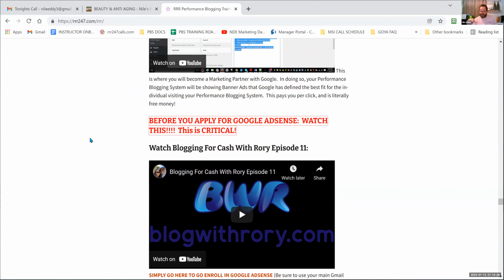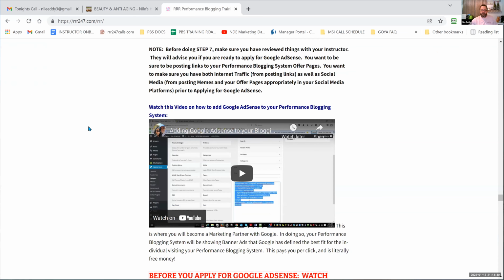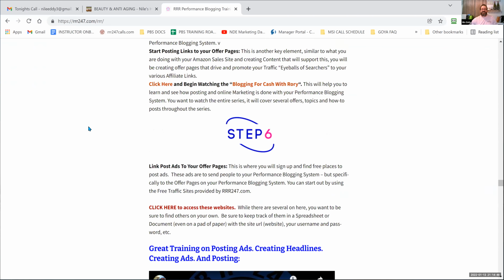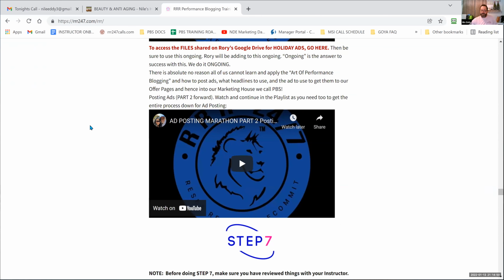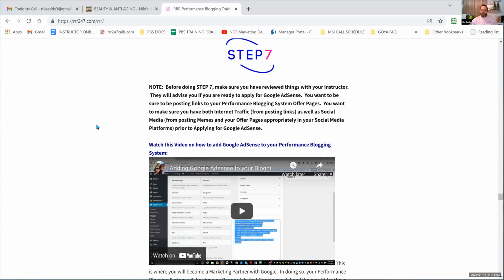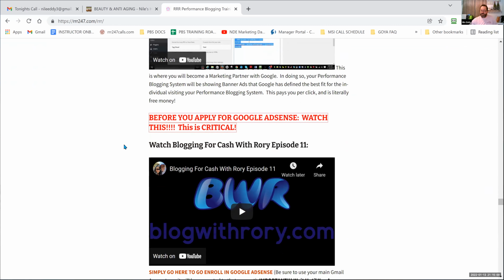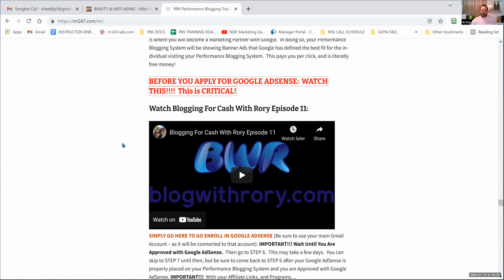You want to get Google AdSense like Dell just did today? Go slow, follow the steps from step 1 all the way down, post an ad after you finish each page. When you're done with all your pages and you get into step 4 or step 5, what was it? Link posting. Step 6, you're going to be posting ads more frequently, and you do that for 2-3 weeks. You're going to be ready to apply for Google AdSense. And if you watch that video, you should get approved. There's a really good chance, a very high probability you're going to get approved the first time if you do it all right. If you modify every paragraph on every page, that's 100% unique content, you get every page done,